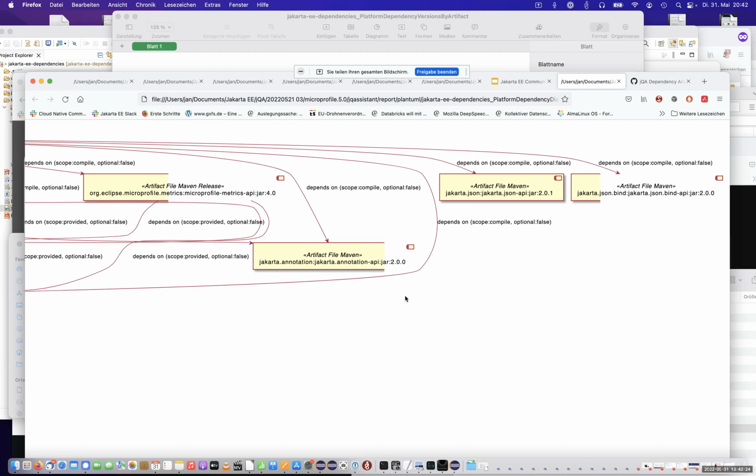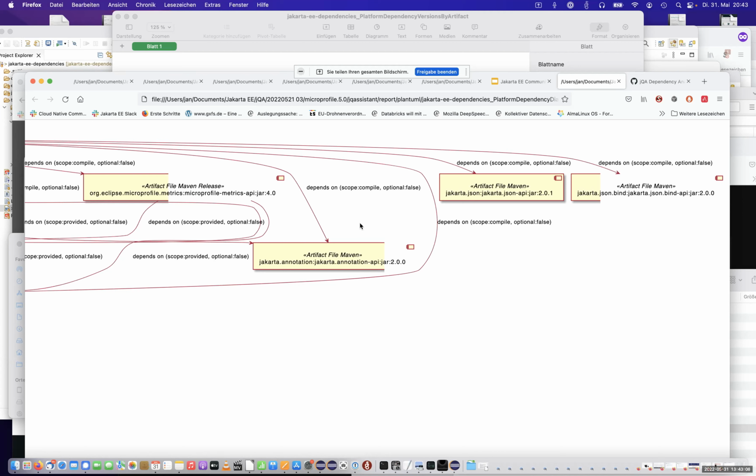But of course, what we do in Jakarta EE with that tool, we should do that in MicroProfile too. Yeah, that would be good. I made that analysis explicitly to get the core profile issues fixed. You remember, Emily, we discussed the CDI problem with the cyclic dependency. Yeah. Maybe when we find a good way to add that to MicroProfile, then we should do that, and I'm happy to help on that. Yeah, that would be good.